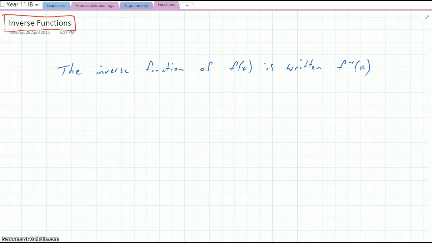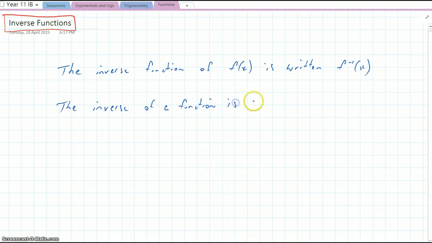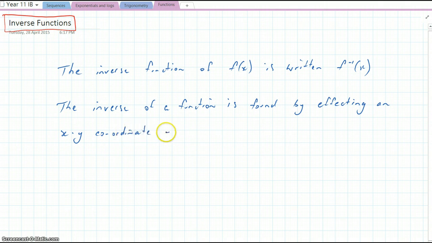The inverse of a function is found by effecting an xy coordinate exchange. So what that means is,